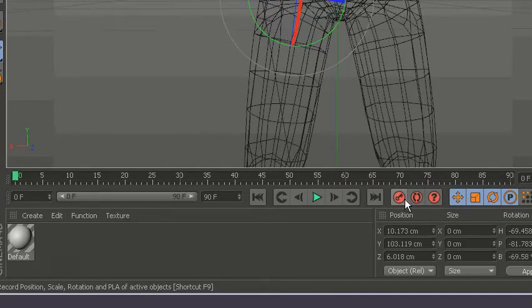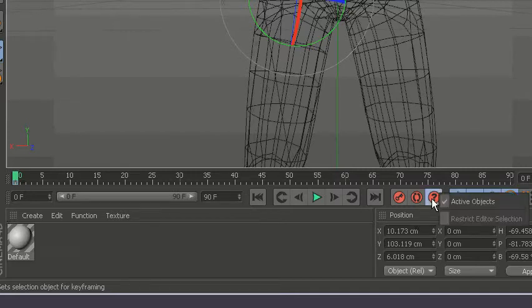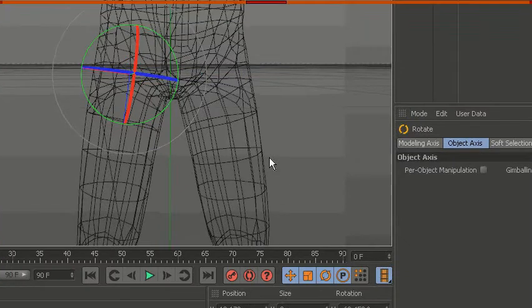So I'm going to hit, let's see, which one am I going to hit? Record position, scale, and rotation of active objects. That sounds good. I'm going to do that. So it has recorded that. What's this one do? Automatic keyframe? That's alright, I don't need that. Keyframe selection. I guess so. I'll hit that too. Alright, well, I'm still getting used to this stuff. But anyway,